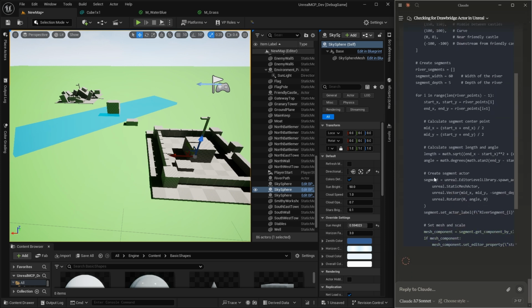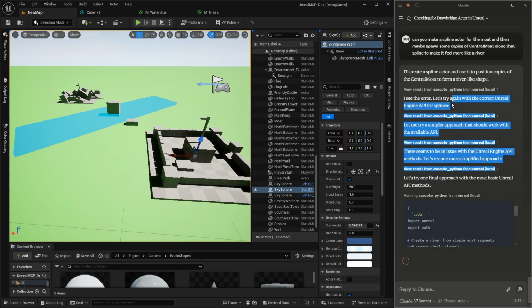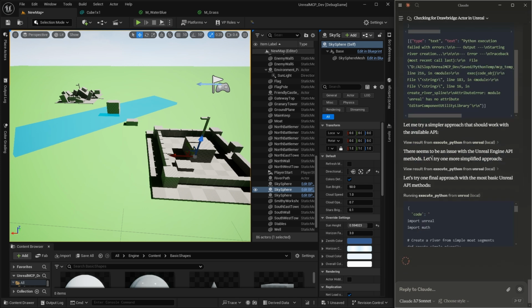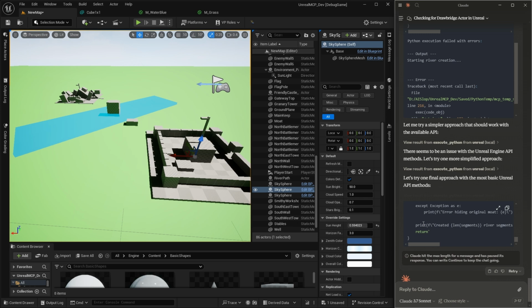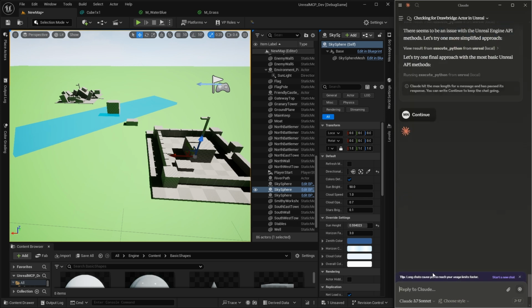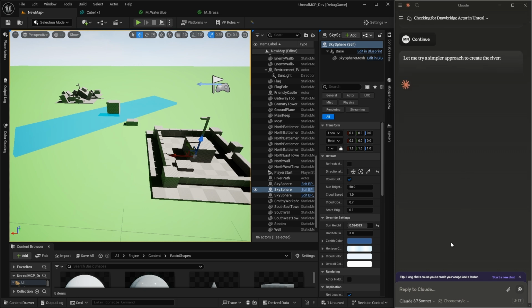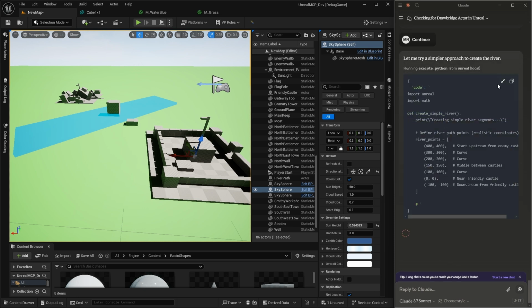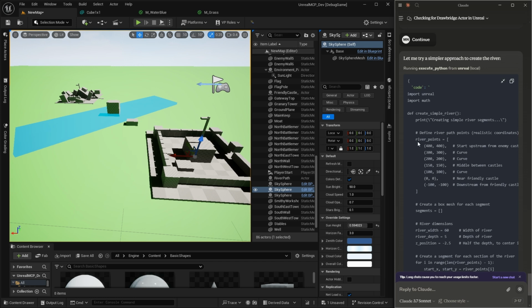I can kind of grok what's going on here. You can see it's making an array of river segments. It knows the math. It's just failing on some little methods. I should probably ask it to do something smaller. It's logging exceptions, which is totally unnecessary. Max length. Yeah, it's running out of steam. I just asked it to go insane. It's making all these points. I wish it could just make an intermediate.